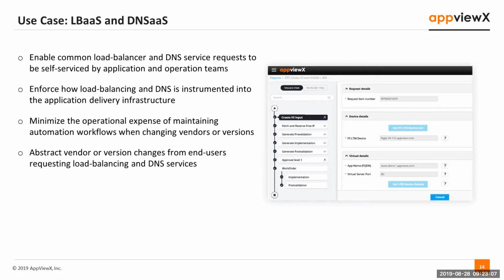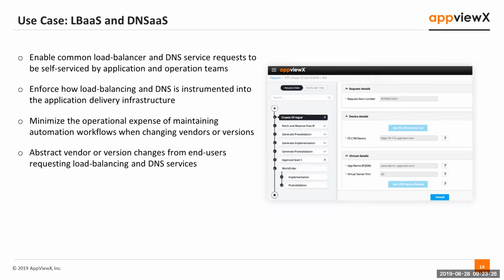And what's depicted there in the graphic representation is a workflow sequence where it's identifying, creating a virtual service input, fetching and reserving the next available free IP from your DDI solution or IPAM solution,